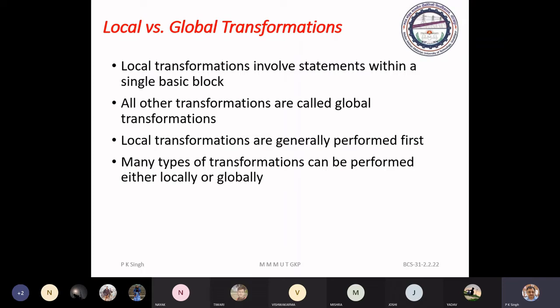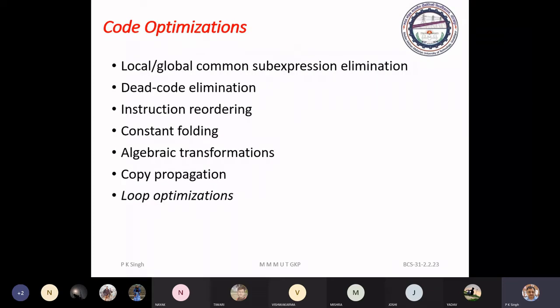So now you can conclude code optimization. We have local and global common sub-expression elimination, dead code elimination, instruction reordering, constant folding,